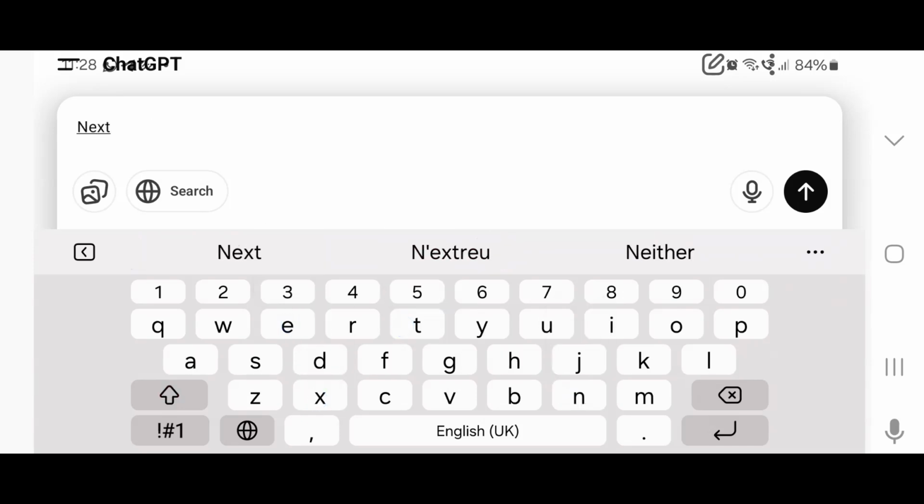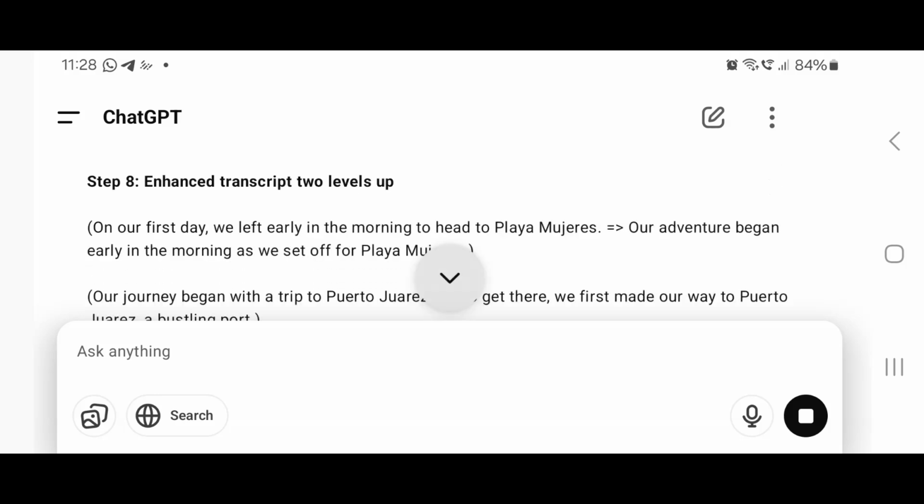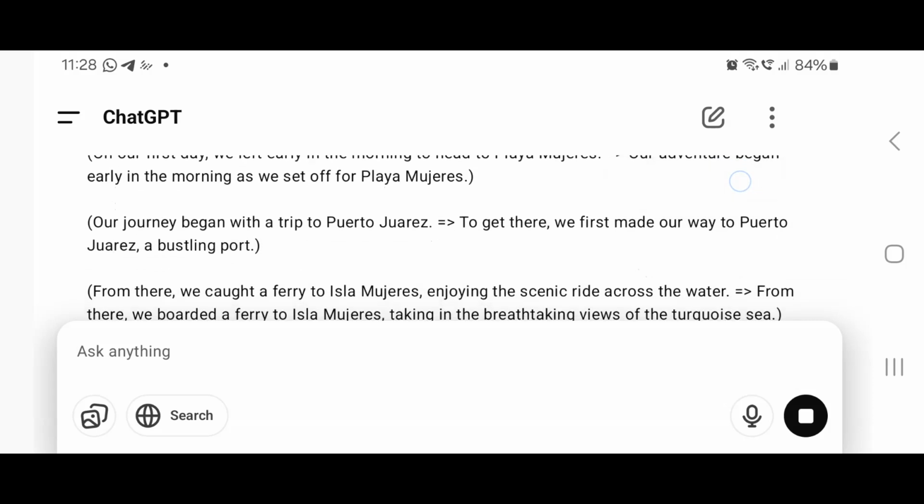Typing next and clicking on the up arrow takes us on to step 8, which is another version 2 levels above the student's level.